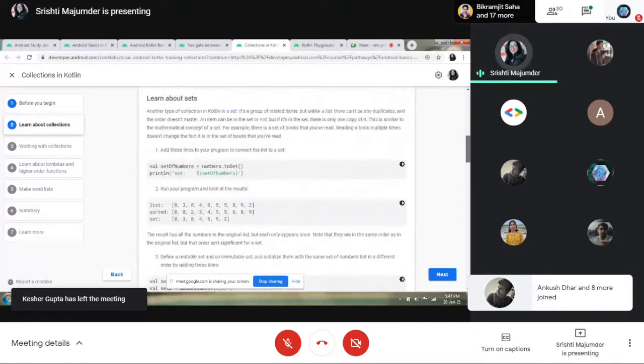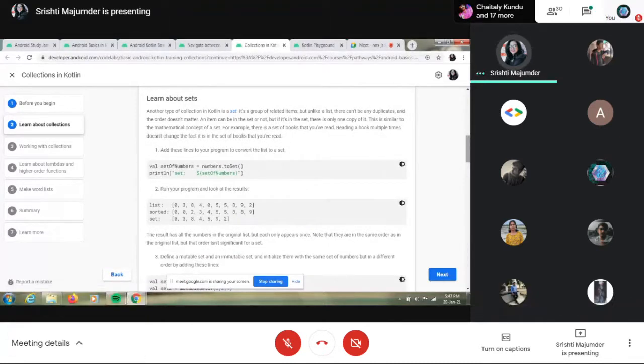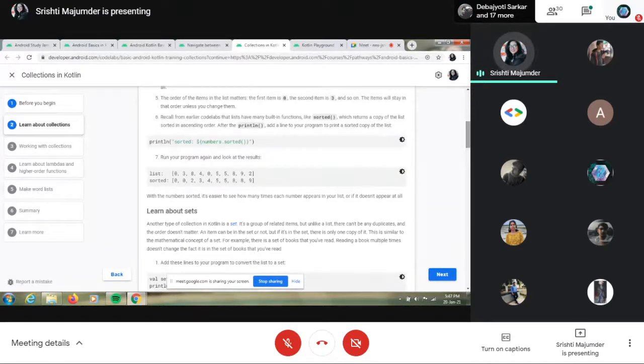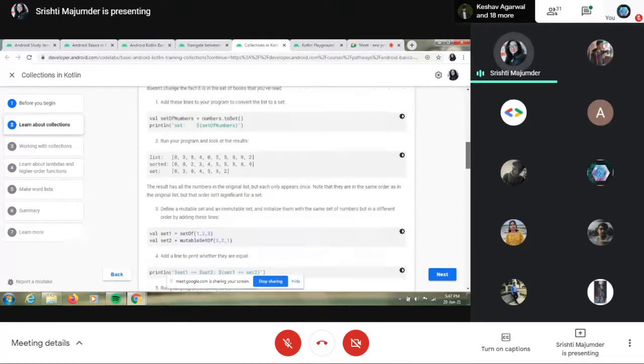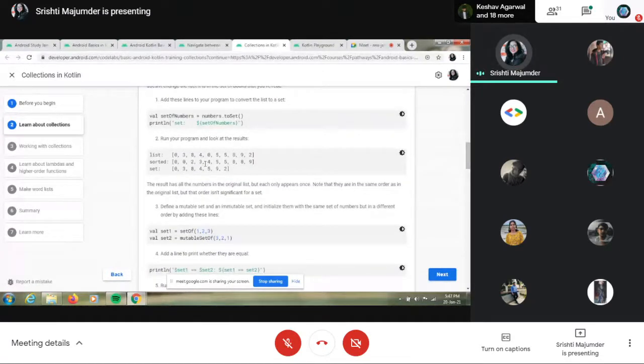Now coming to sets. Sets are also a type of collection. They're exactly like lists, but as we have seen in maths also, sets can have no repetitions. As you saw earlier, in the list there were several repetitions, like 0, 3, then again another 0, there were 2 fives, and 2 eights. But in sets you cannot do that. In sets it is necessary to have no repetition. So sets are all about that.